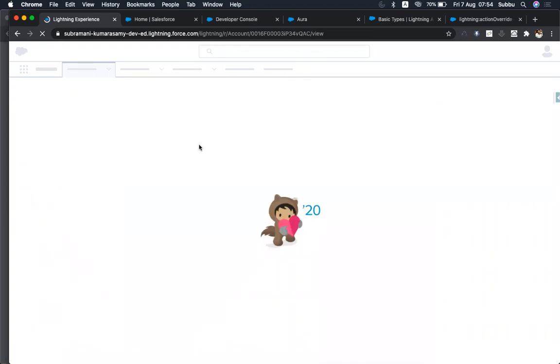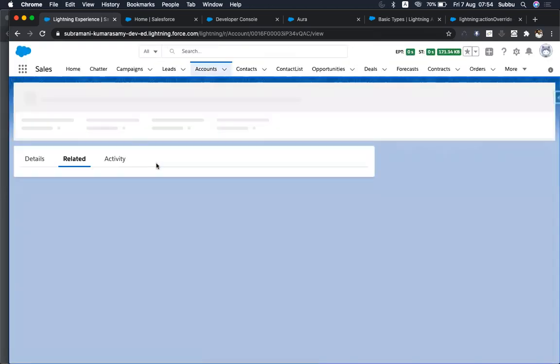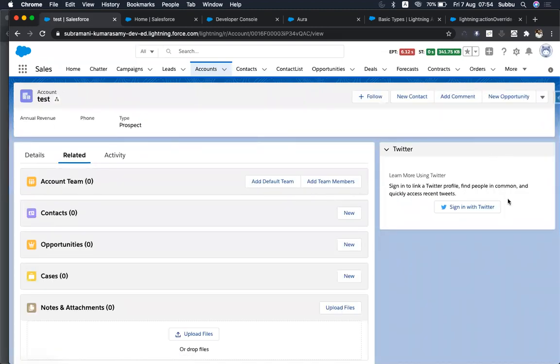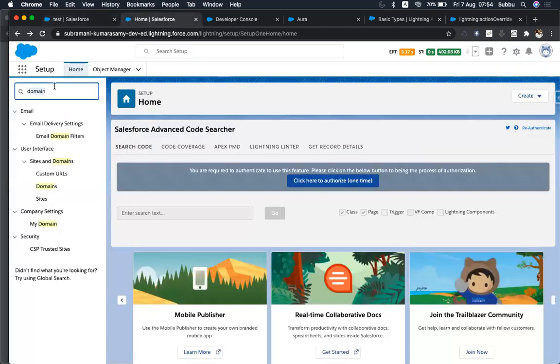Now you may be having a question: how is this page created? This is a record page, and I'm directly going and clicking on edit. How is this page first of all created and how will it be assigned? All the pages are assigned based on the profiles, right? In lightning, and in classic also, if you create an account record page, you can create different layouts and assign them to different profiles. Like that, you can also create lightning app pages. You can come to setup and type lightning app builder.